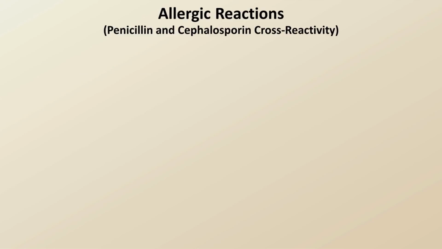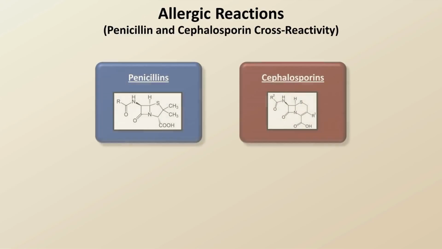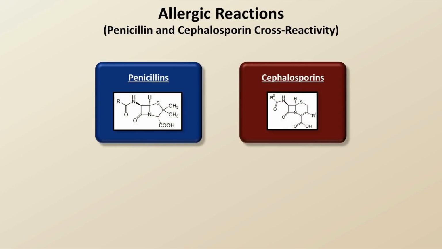Let's look at those side chains in more detail. Here are the general structures of the penicillins and cephalosporins. We can see that 4-member beta-lactam ring in the middle of both. In addition, penicillins have one variable side chain, denoted here by the letter R, and cephalosporins have 2. It is these side chains which are responsible for the differences in activity and effect between members within the same